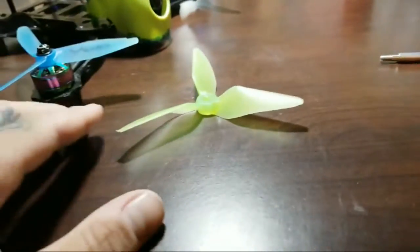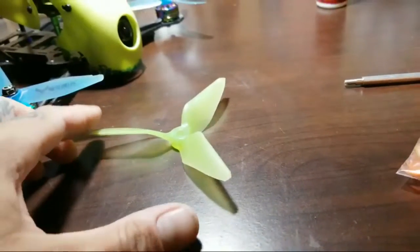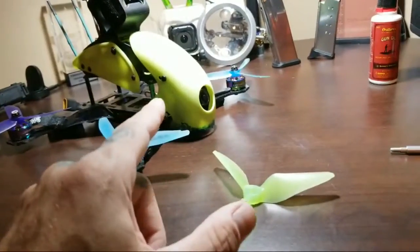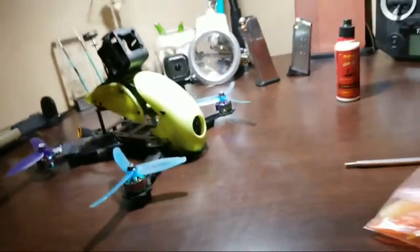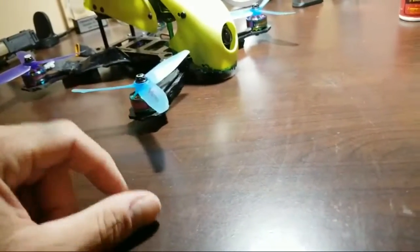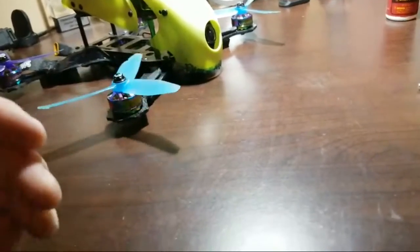Where I was going with that is I swapped out my favorite looking prop, probably not the best prop in the world, the Racecraft 5051s that are super power hungry on a lower kV motor. They kick ass. The old Storm motors, they were great with. So for shits and giggles, I threw these on today, and I'm like, you know what? They're gonna flex. They're gonna make noise,